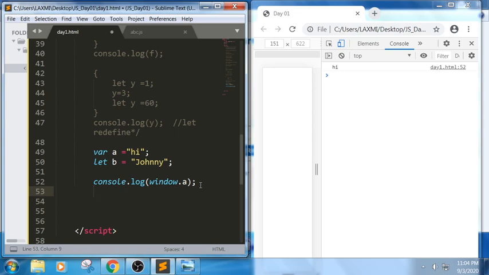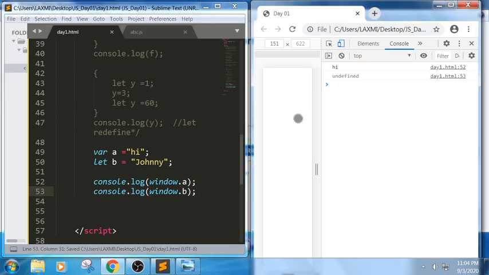Now if I am trying to use the same thing for let, let me write the same thing for let. Window means the complete browser, dot b. Let us see what would be the output of this. See, we got undefined. It means we don't have global access for the let keyword.